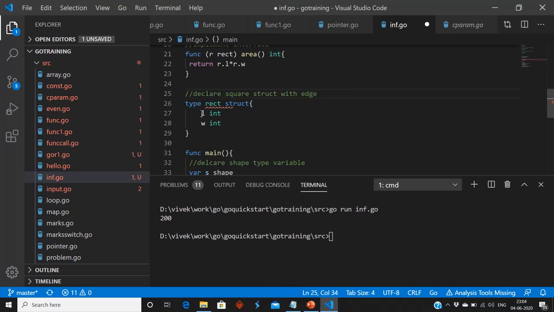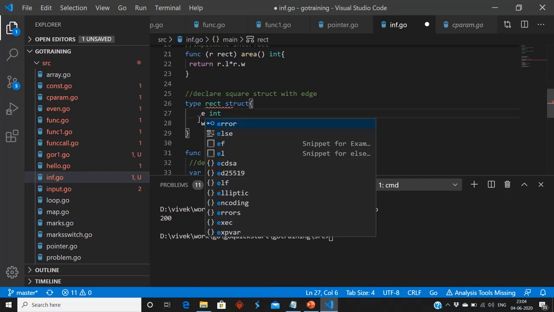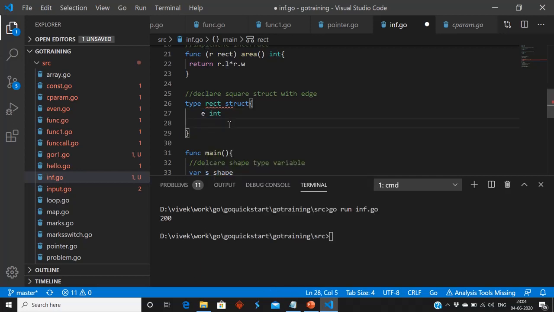We will take one variable e, which is the edge. It is not of type rect, it is square. So this is our new structure.